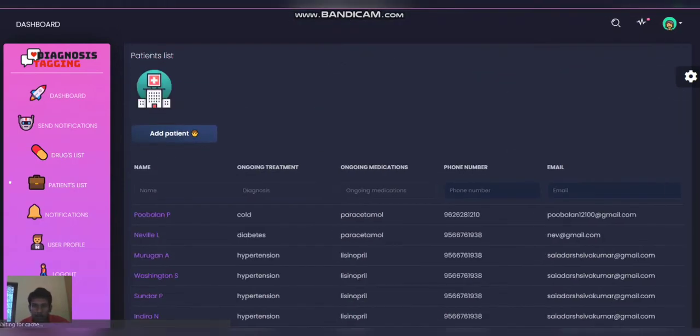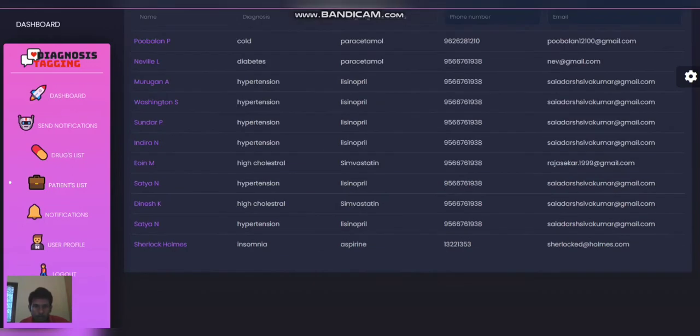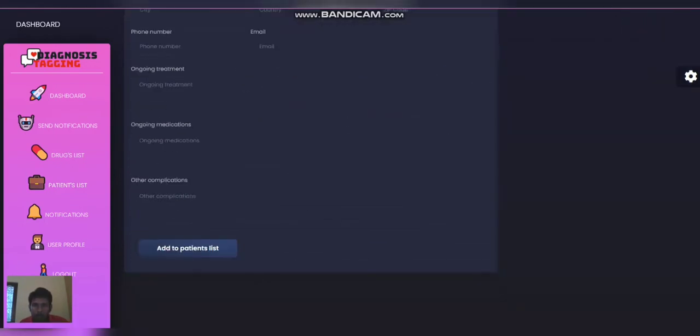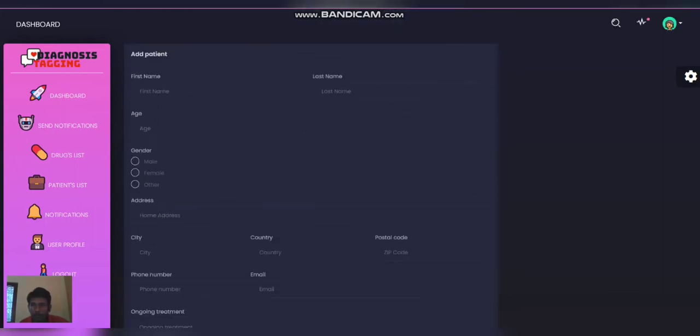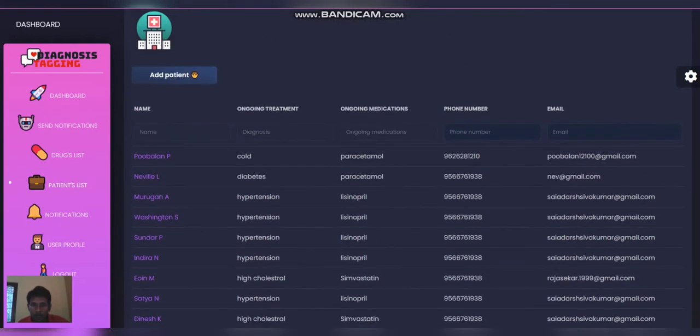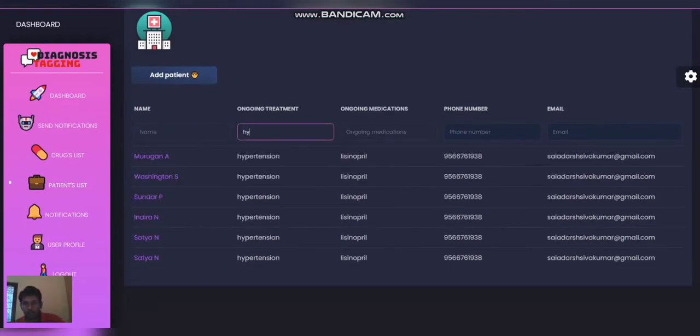Similarly, we also have the patients list. We can add the details of the patients here, and once the button is clicked, the details get featured in the list of all patients. There are text boxes provided at the top which can be used to search for particular patients.